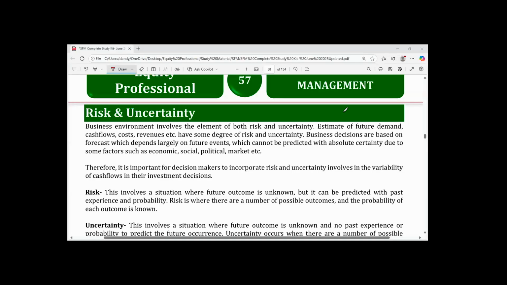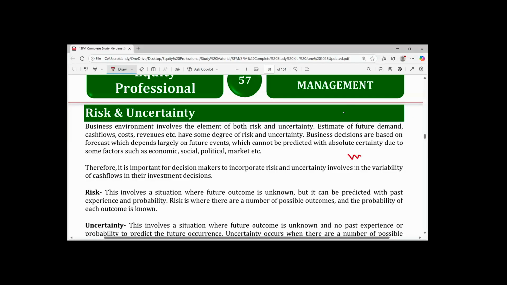So today we are going to be looking at risk and uncertainty. In our last class, we discussed adjusted present value, and we were able to solve only one illustration. As you can see, it took us a longer period to complete the question because of the need to explain all relevant concepts while solving it. That notwithstanding, I also mentioned that today we are going to be starting risk and